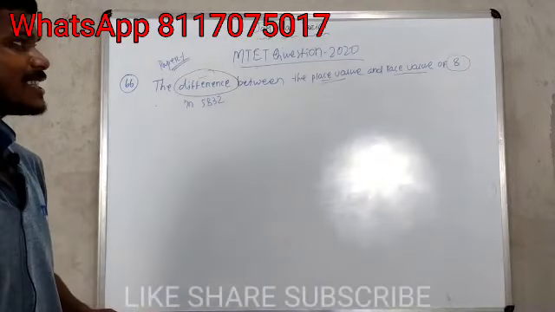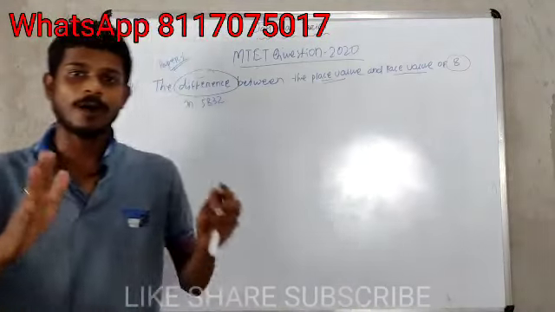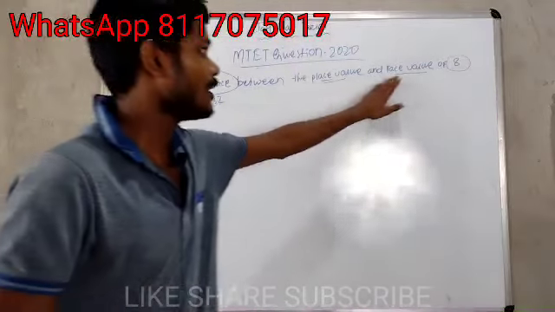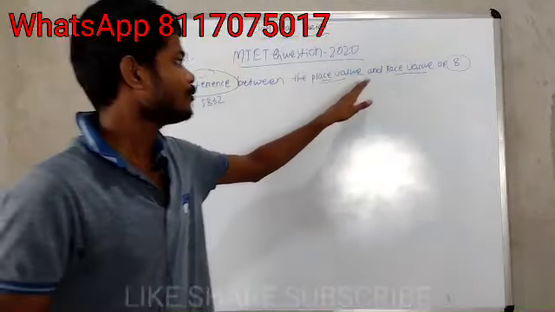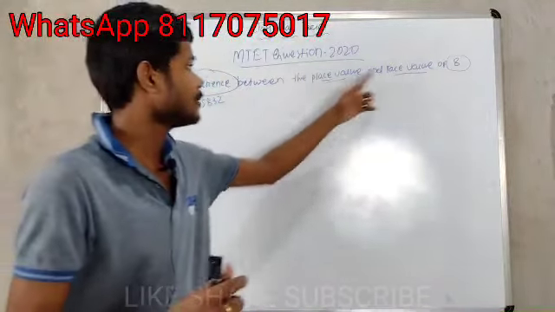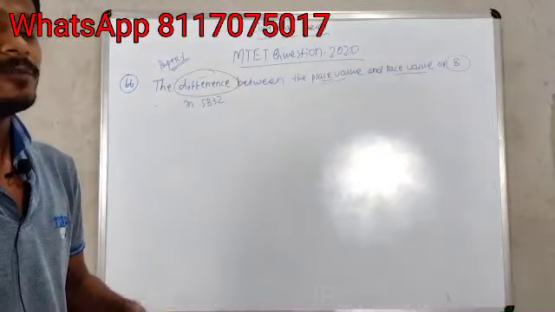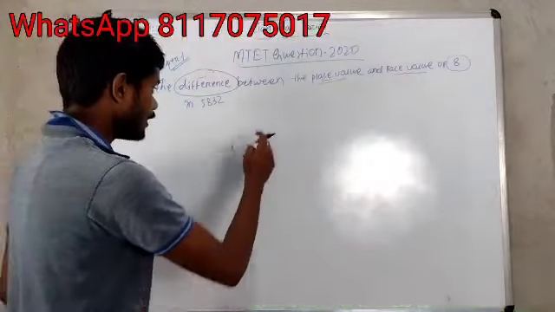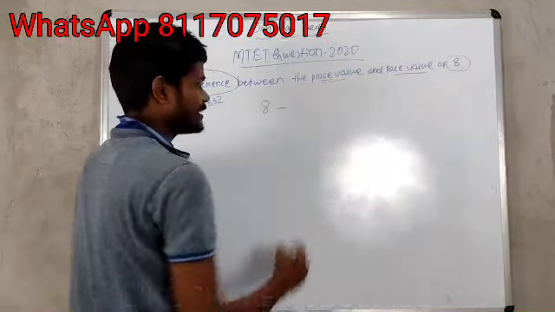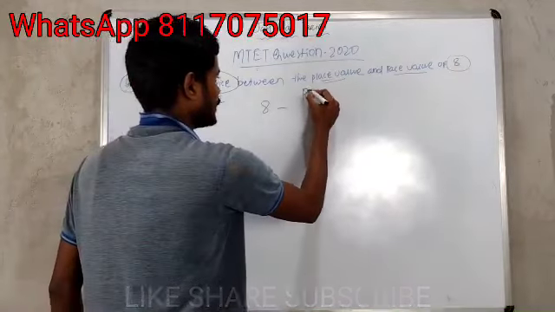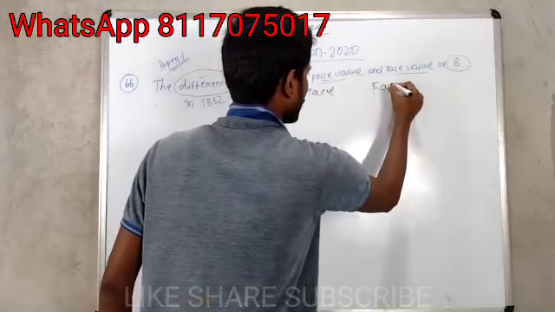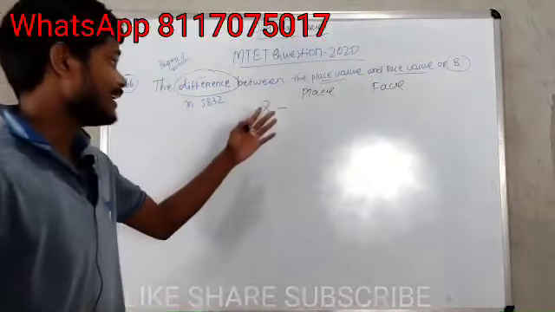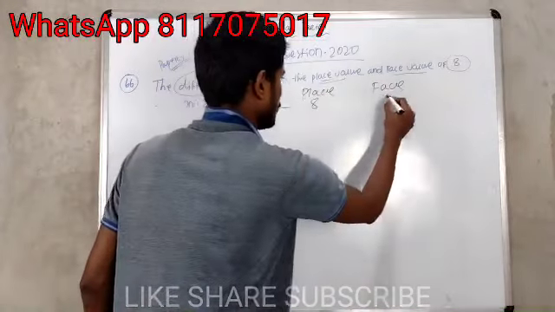The difference between the place value and face value of 8. We have to understand the place value and face value of a number, then find them for any number. I will give you some examples by which you can understand what place value and face value are. If I write a number 8, here 8 is the number, so place value is 8 and face value is also 8. You should understand by putting my examples.